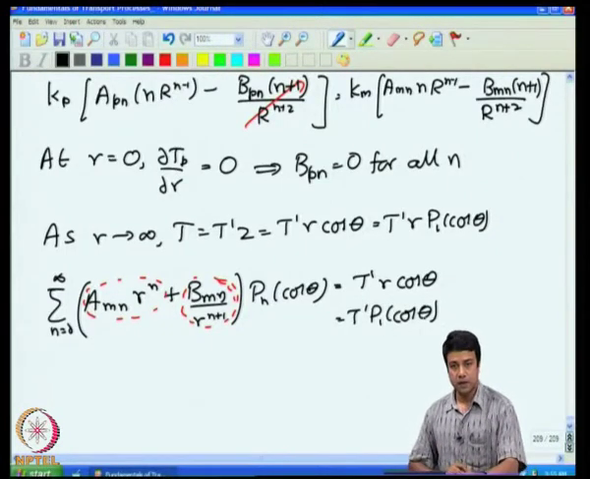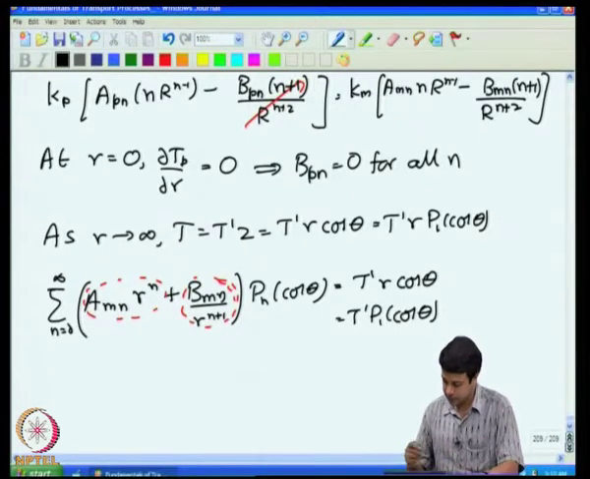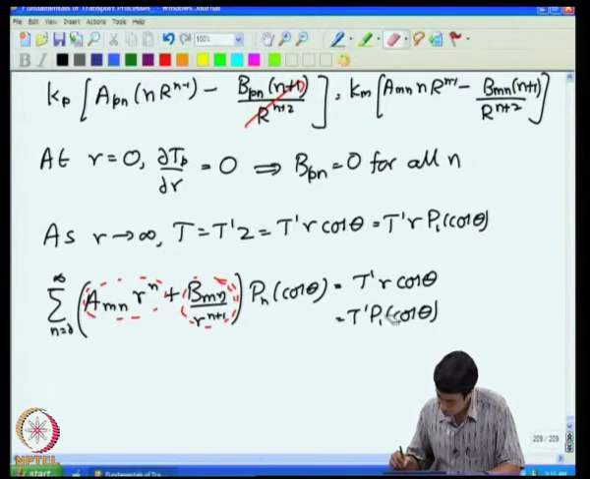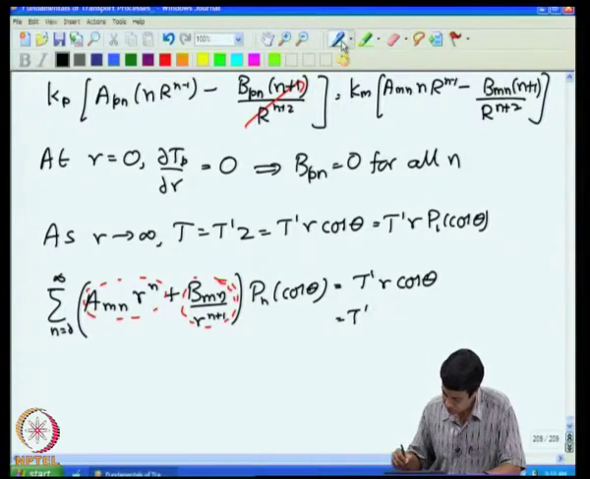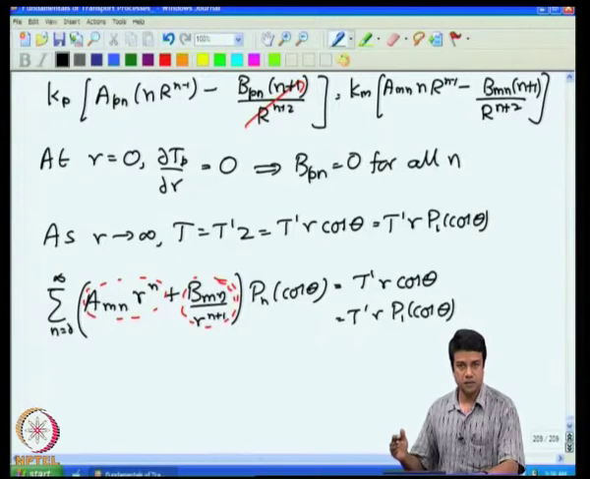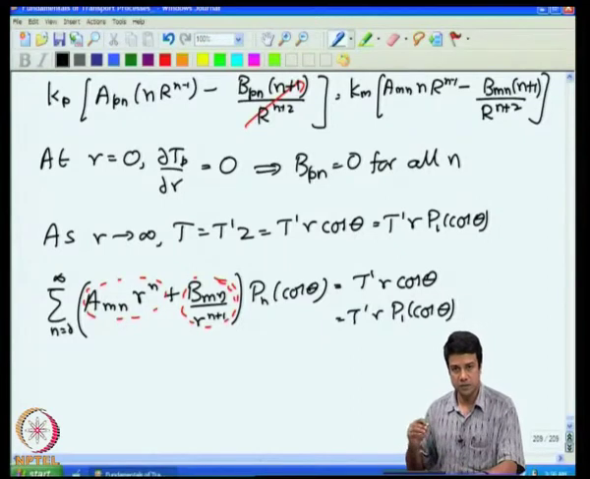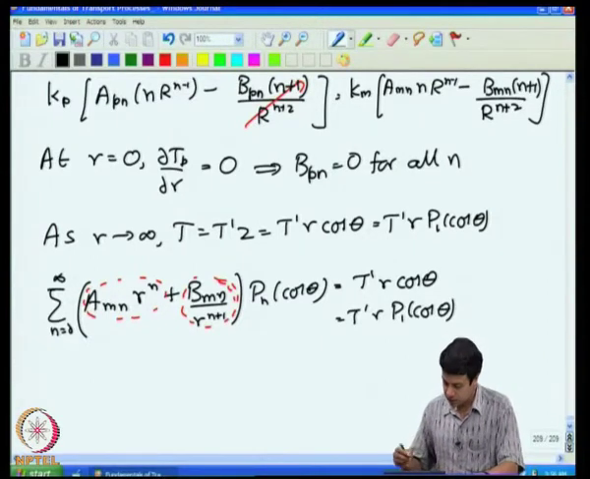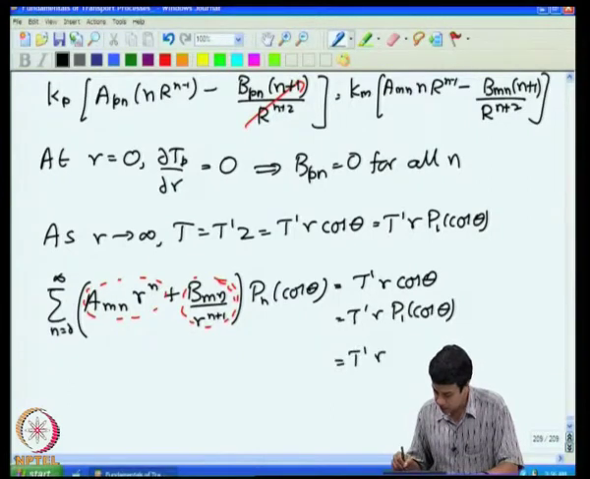Now, I can use orthogonality relations. I can multiply both sides by P_m of cos theta and integrate sin theta d theta. If I integrate both sides, the right hand side is non-zero only when m is equal to 1. If I multiply by P_m of cos theta, where m is some other coefficient, the right hand side is 0. So, I will get T' r delta